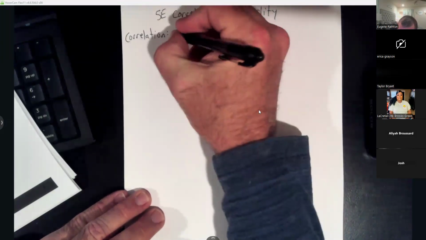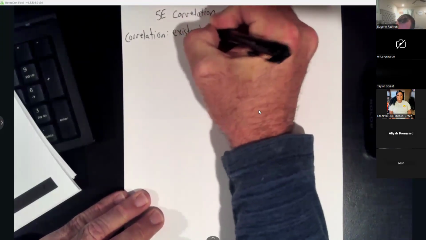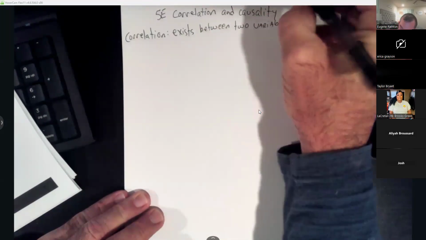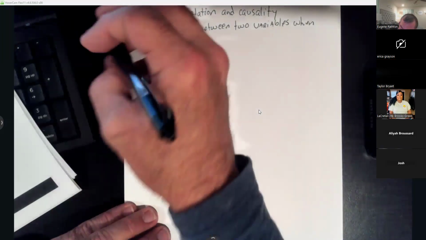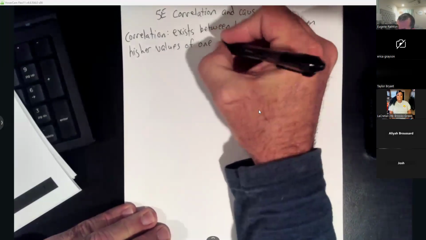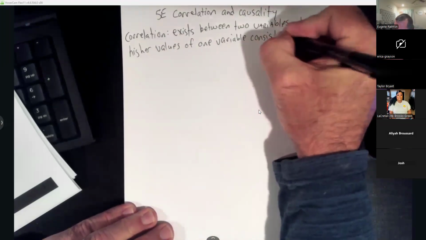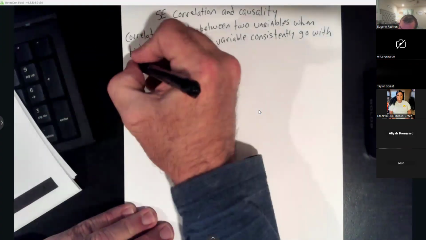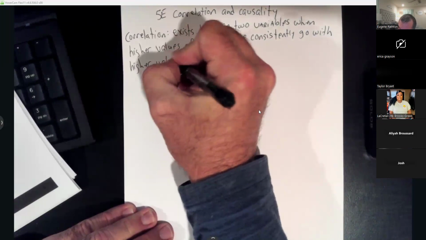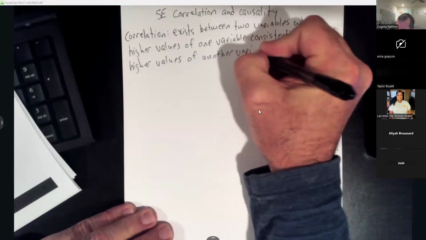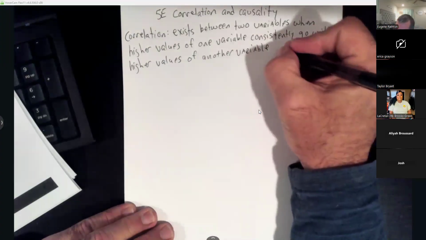A correlation exists between two variables when higher values of one variable consistently go with higher values of another variable,